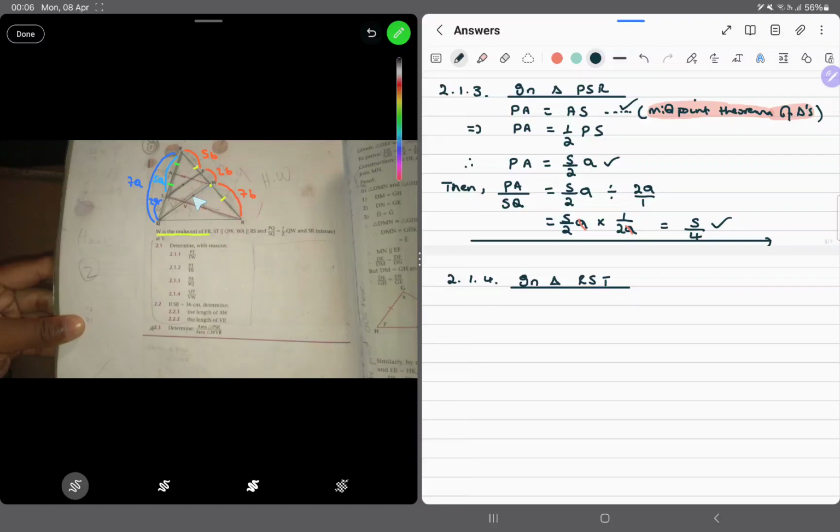And the sides I don't know are this VW, which is part of what I want, and ST, which I could see can be common in these two triangles somewhat. So I'm going to use the side that I know and the side that I don't know. So I can simply say RW divided by VW